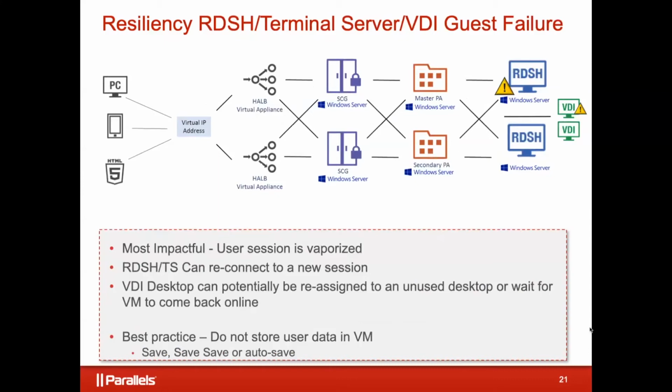So they can reconnect, and they'll get connected to a new session because as good administrators, we have designed resilience into the environment. We have more than one terminal server. We've got additional VDI desktops that perhaps they can get to in a pinch if they need to. So they will be able to get there and start working again, but they'll have lost what they were doing. So the question is, how much did they lose, right?